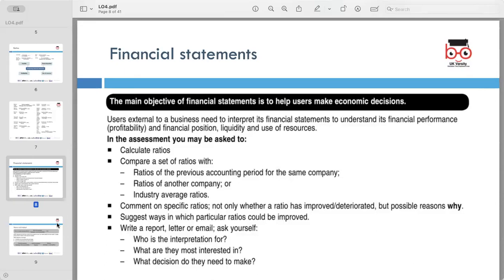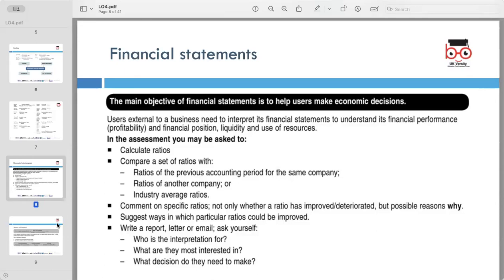External users such as investors, creditors, and analysts interpret financial statements to gauge a company's financial performance, liquidity and resources